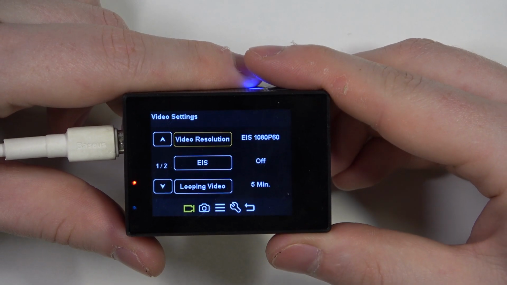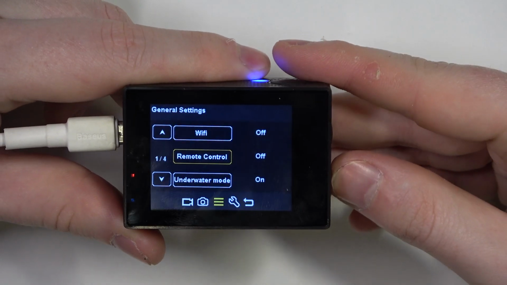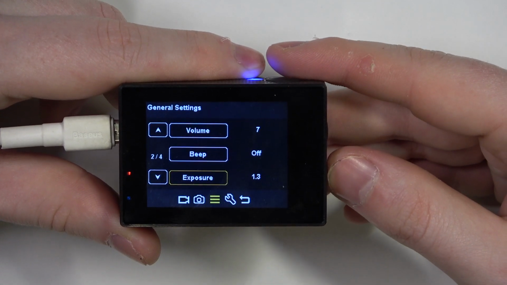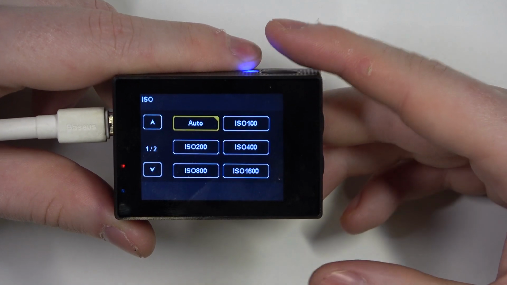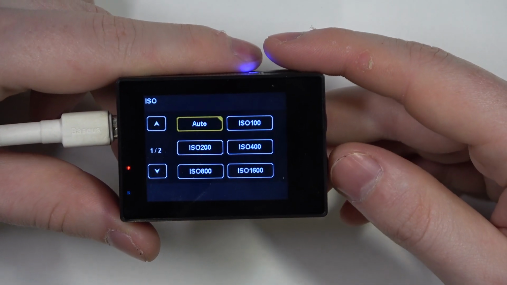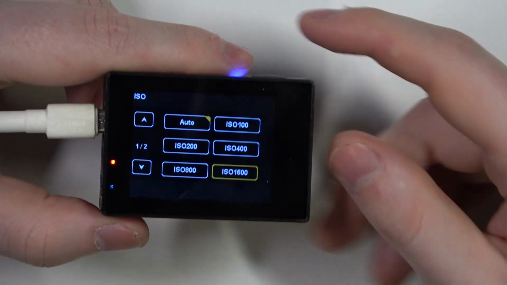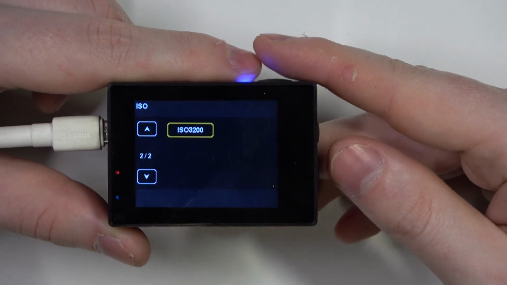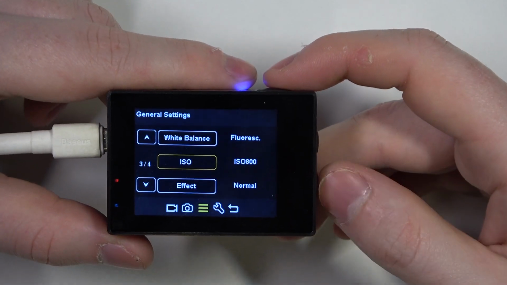Then we need to click on it until we enter general settings, and here start to scroll down for ISO. Here we can enter it with the shutter button, and we can switch it between auto and all of the different options available. Keep in mind that there's actually 2 different pages, so that means there's a lot of settings that we can set. And that's it for this